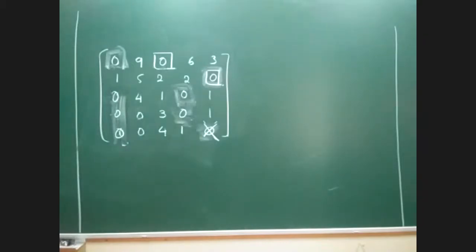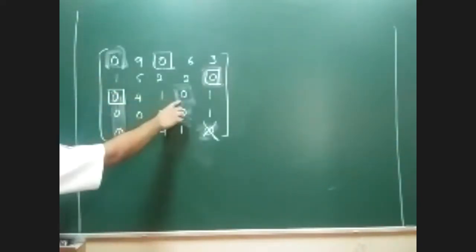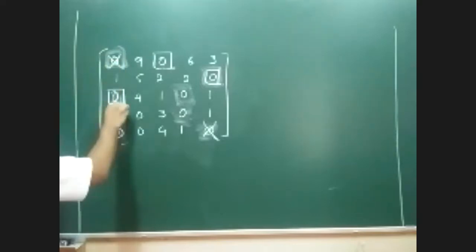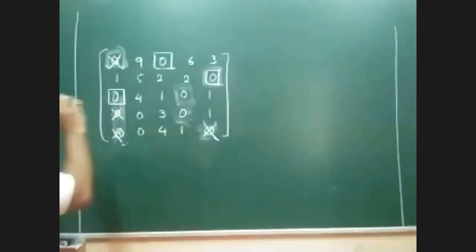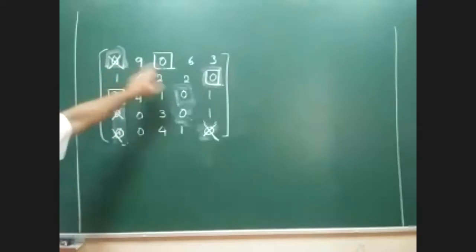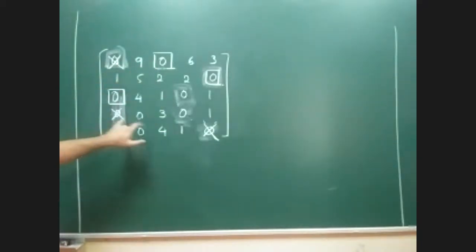You can take any one. Do you think that the allocation is complete? Will we be able to get the allocation for all the rows and columns? Yes or no? Okay, we'll try, no problem. If I'm taking this, obviously all the zeros of that particular column have to be blocked. Okay, blocked. Now first, second, third rows are done. We'll come back to the fourth. Again there are two possibilities: this 0 and this 0.